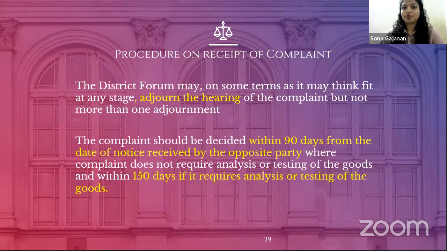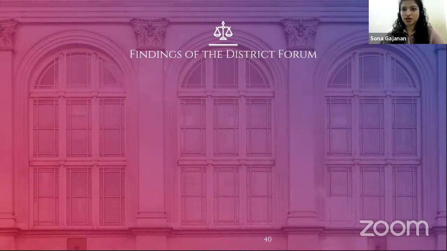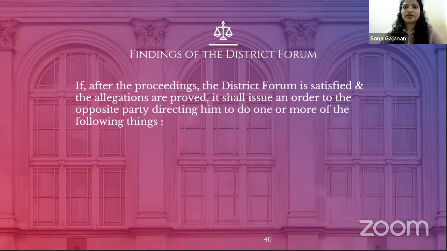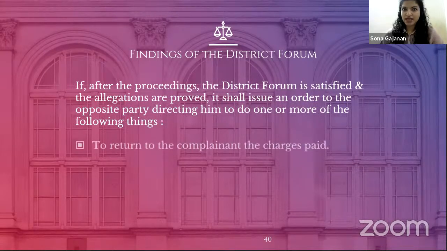Now, the complaint should be decided within 90 days from the date of notice received by the opposite party. But if there is any investigation or analysis of the material, it can go up to 150 days. Now, what does the district forum do after coming to a conclusion about the case? If they find that the allegations are proved, then